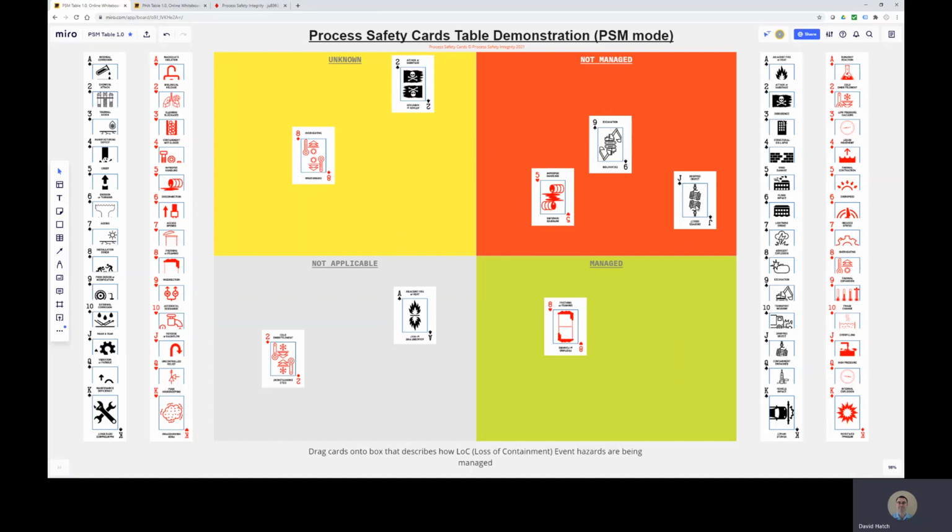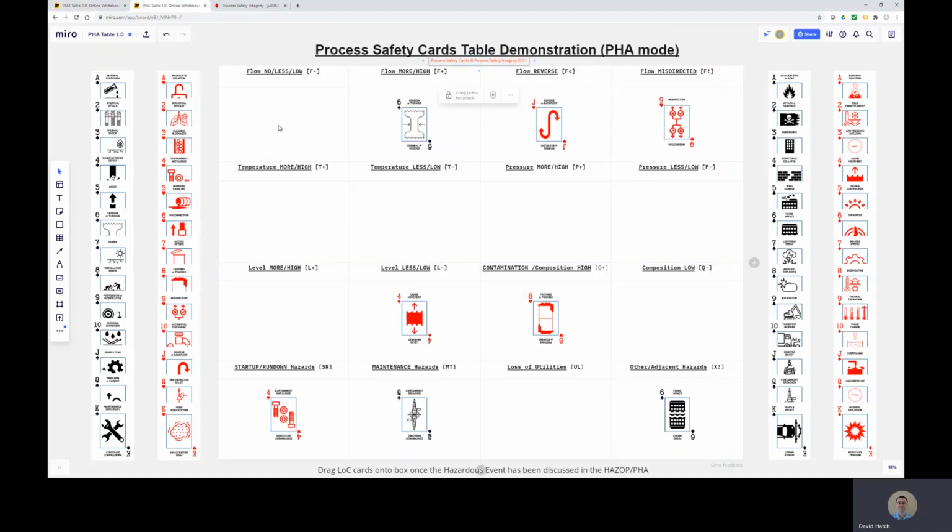So regardless whether you're in the top floor or the shop floor, in the boardroom or the control room, you're still using the same imagery. Another possible use is to create, perhaps validation is a strong word, but create a platform that allows you to record as you're going through your HAZOP or your PHAs, so that as your particular card or topic or loss of containment event is discussed, you can place it on the table,